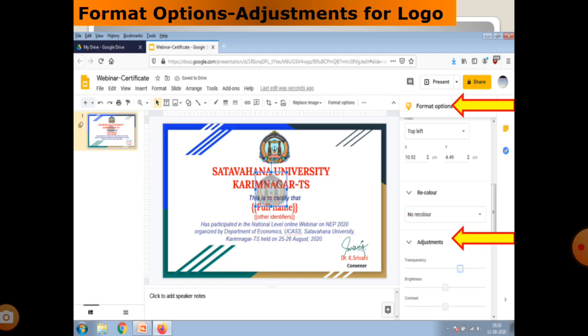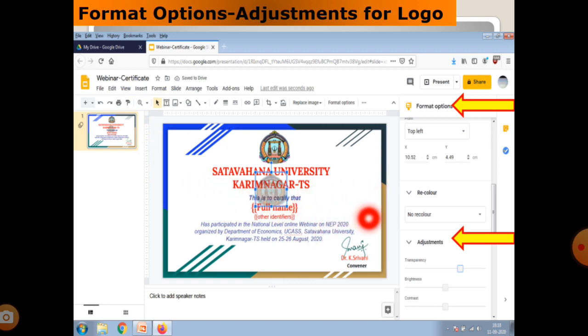If you have many slides in your e-content making for students, you go to View. In this menu we have the Master also, so we will take another class for that.